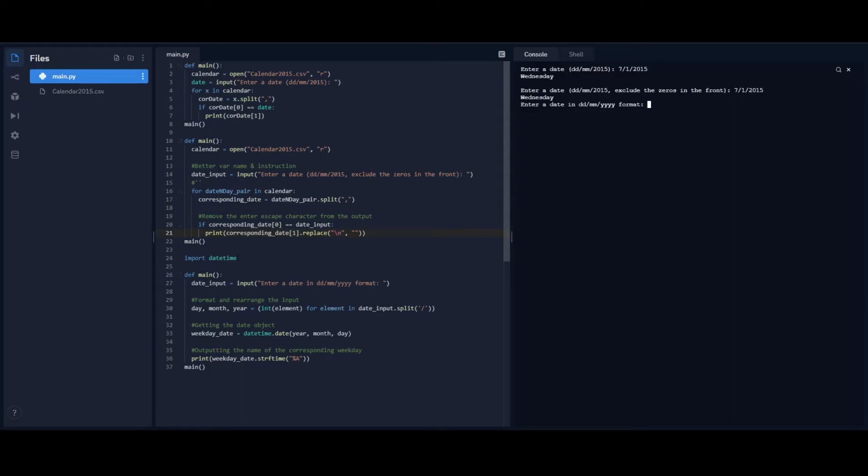Then we open the function. Again, we get the input, and we make 3 variables here called day, month, and year. We extract the day, month, and year, and then we make these variables,